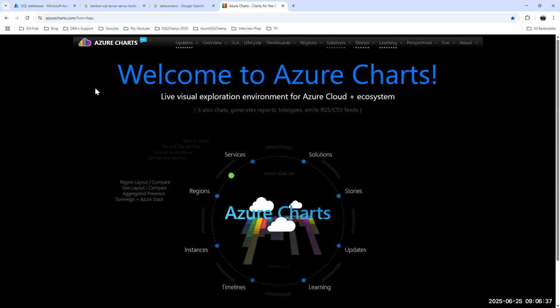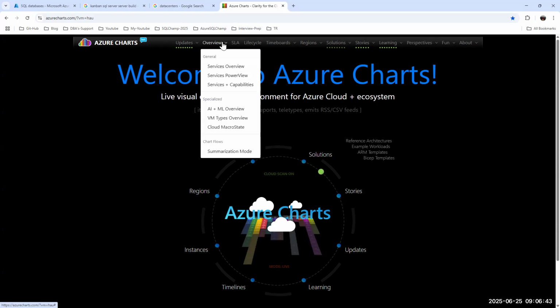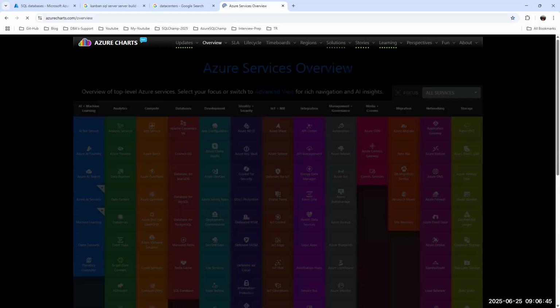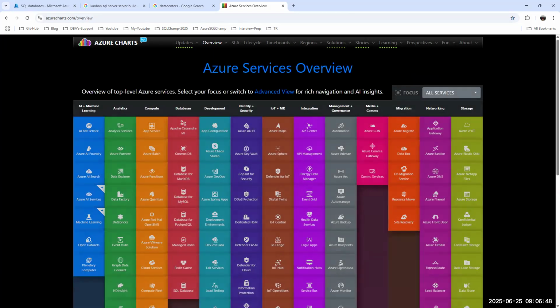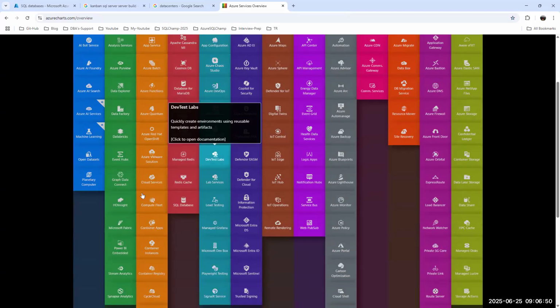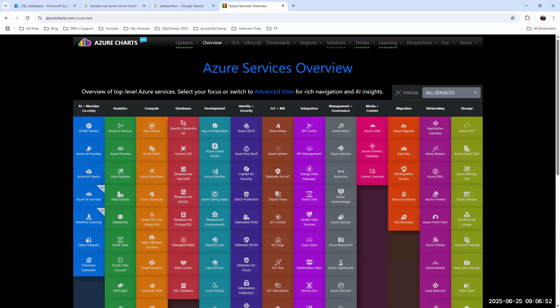Sometimes I may forget. Sorry. If I go to the services, if you go to the cloud, these are the many services Microsoft is offering in terms of analytics, compute, databases.